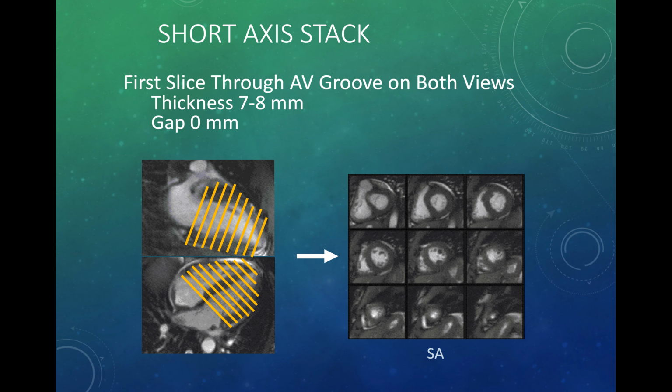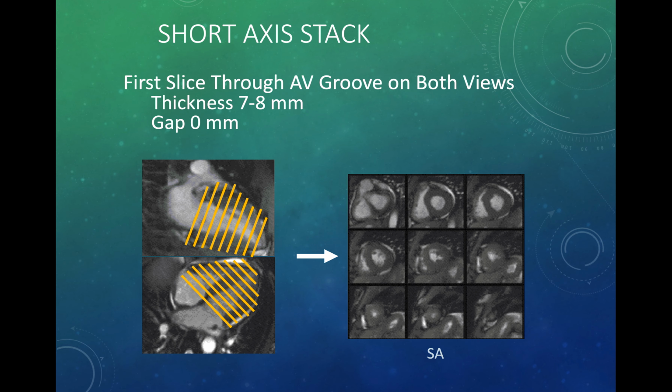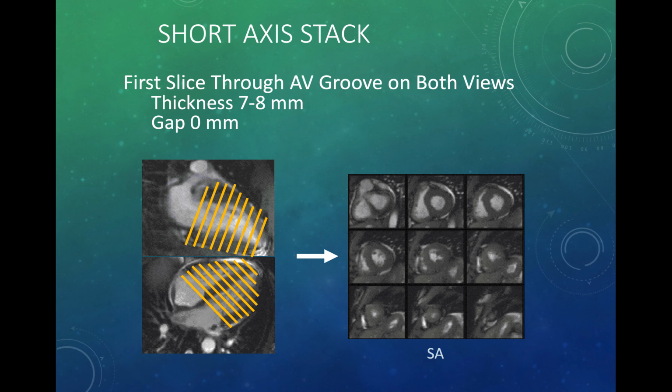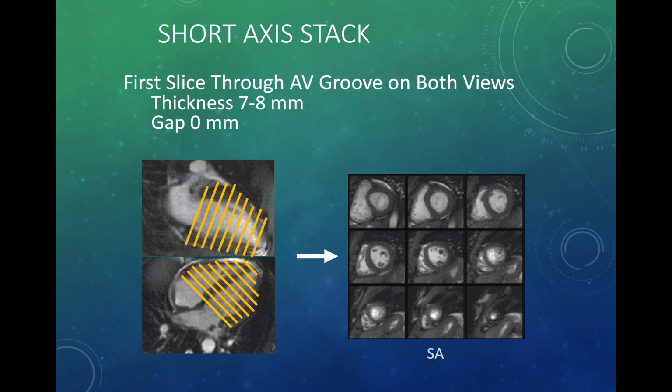If you see one of the walls is not moving toward the center, then we will call it akinetic. And during systole, while all segments are contracting, moving toward the center, if you identify one wall moving outside, to the opposite side, we will call it dyskinetic. So we could use the short axis to quantify volumes, to see wall motion abnormalities, and to see the wall mass as well,